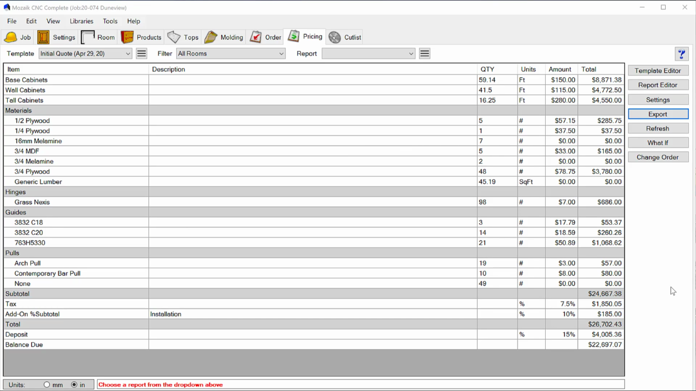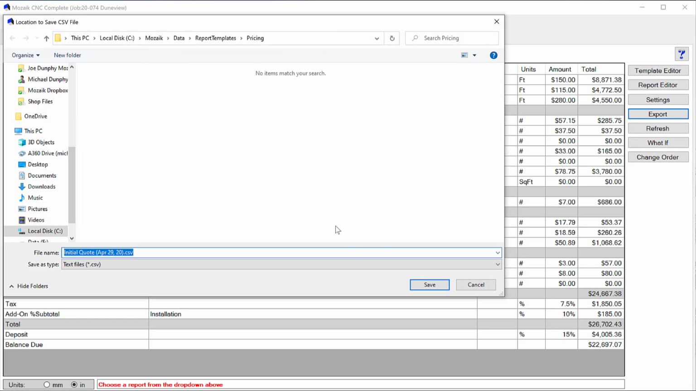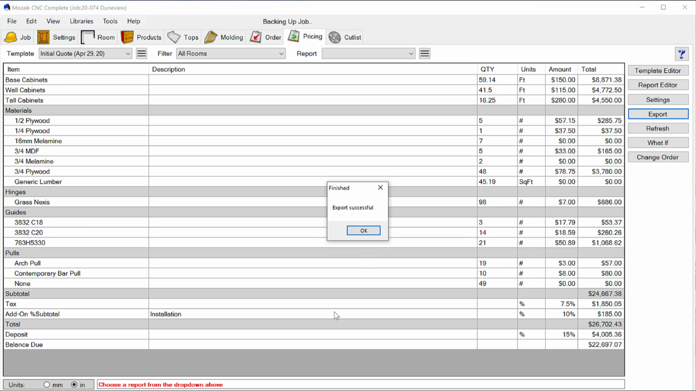Another option added to the pricing tab is the ability to export your pricing templates to a CSV file. With a CSV file, you'll be able to open them into other software such as Excel,